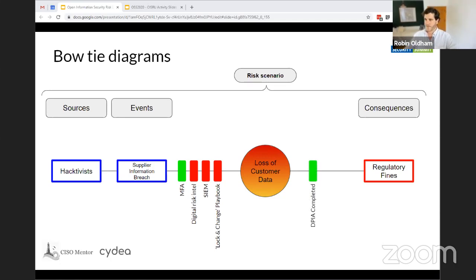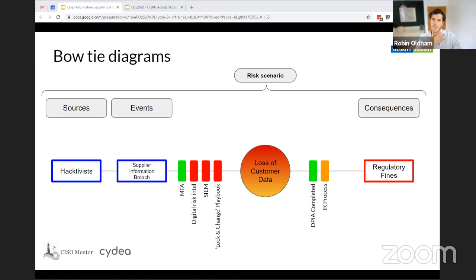And then on the other side, we've done a data protection impact assessment. That's been completed, and that will help when it comes to some of those regulatory fines, because we have demonstrated that we're taking things seriously and what we should be putting in place. Maybe we've got an early stage incident response process. It's not as mature as we'd like, but there's a couple of controls there,